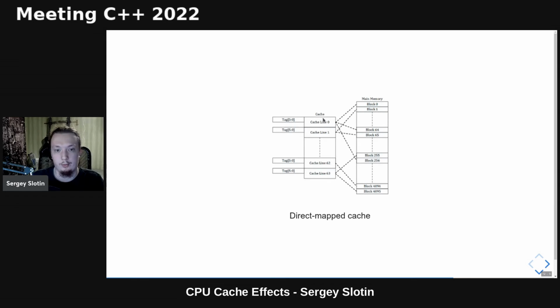Say if we have 4,096 blocks in memory, and 64 cache lines for them, then each cache line at any time stores the contents of one of... well, divide 4,096 by 64. You get 64 different blocks. So each cache line can be mapped to 64 different blocks.